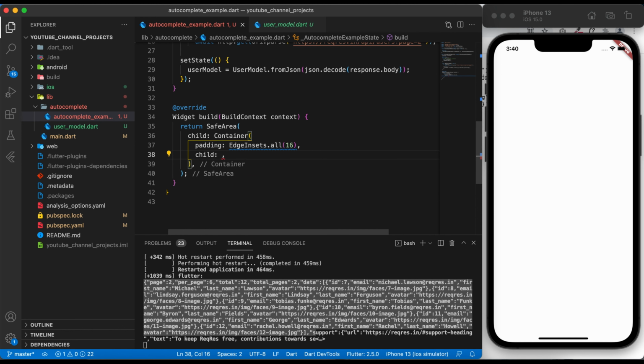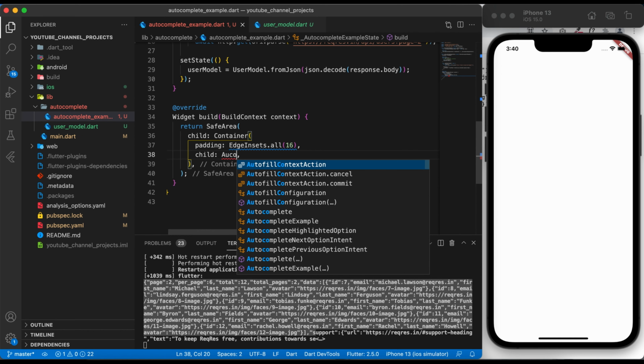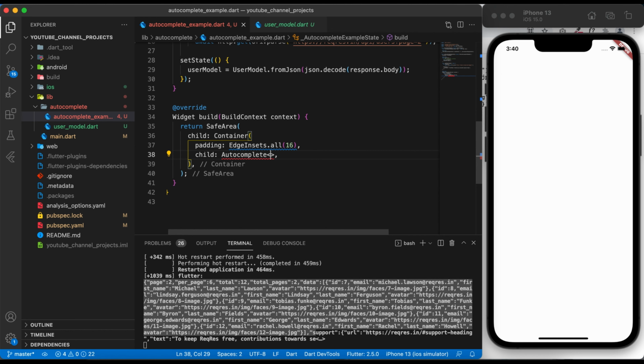To use the autocomplete feature of Flutter, we have an inbuilt widget which is Autocomplete, which takes a type. So which type will this Autocomplete be?